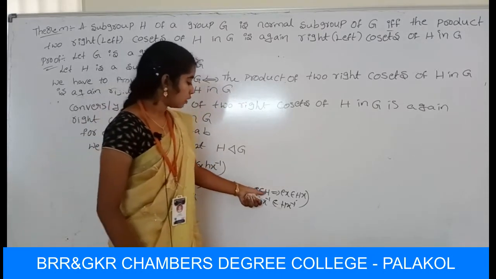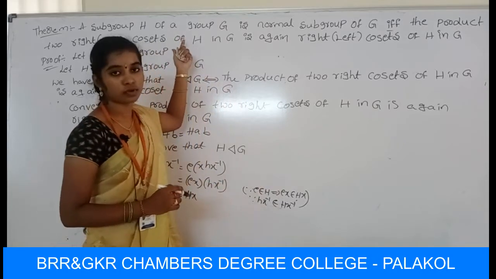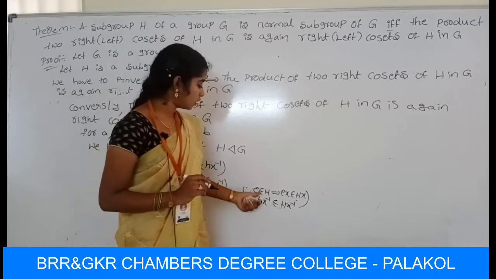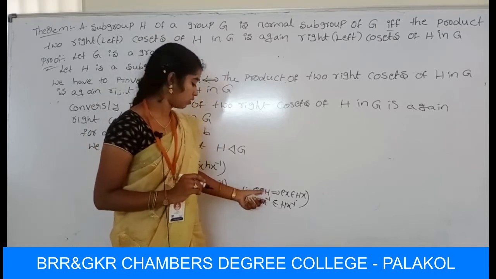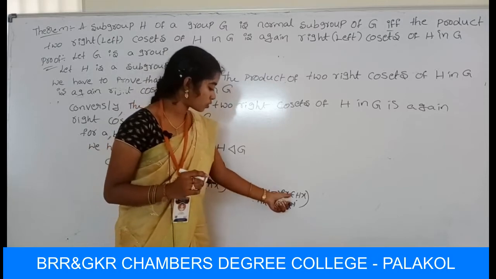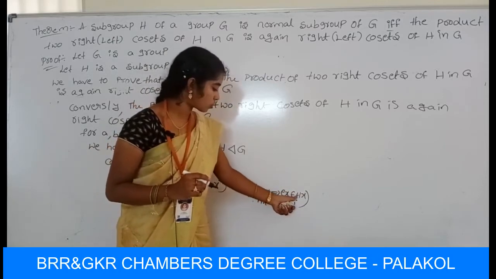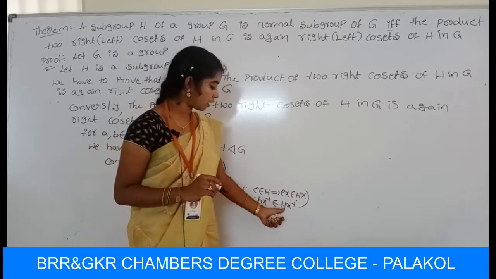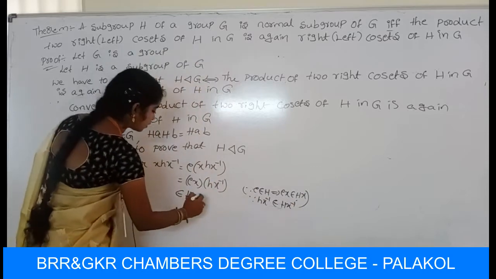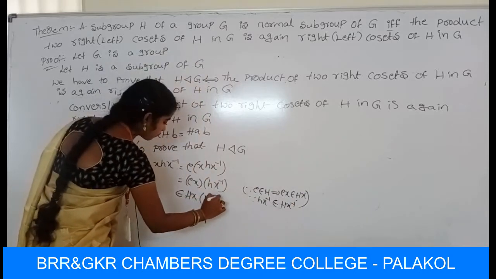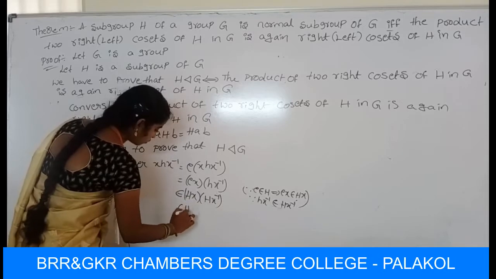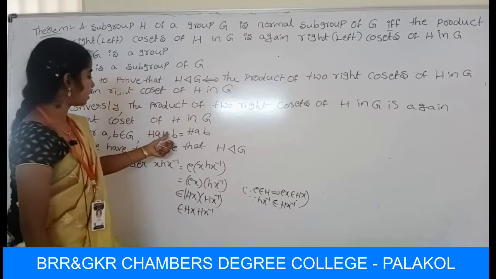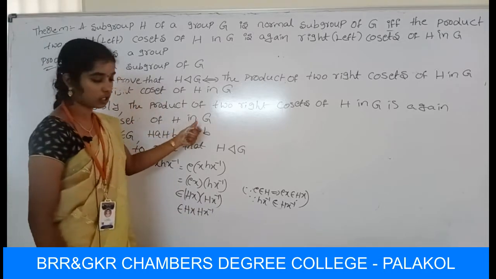Already you know that Z is a group and H is a subgroup of Z. So E belongs to Z, so that implies E belongs to H. E belongs to H, multiplying both sides on the right by X, so EX belongs to HX. So HX inverse belongs to HX inverse. So already you know that HA into HB can be written as HAB.